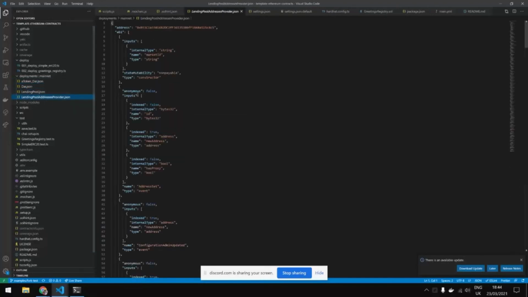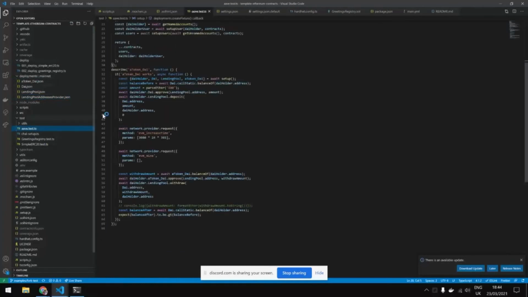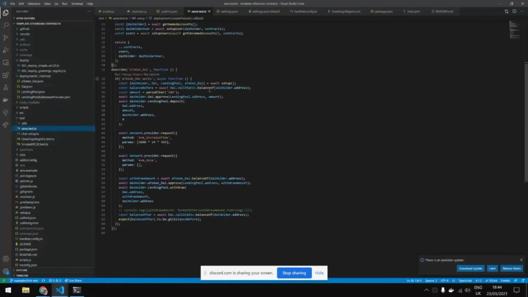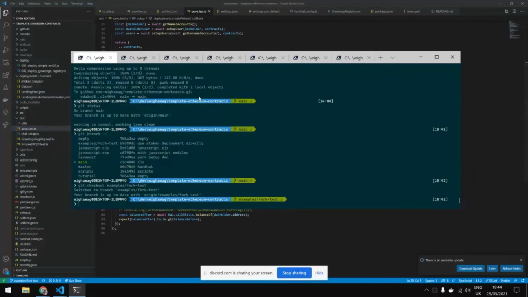DAI, lending pool. Some of them actually are not needed in the test, but then the test can simply access them. And if you look at it, it's inside the deployment mainnet folder because these are the mainnet addresses. And then when I execute the test, this template contains a feature that actually calls RDADeploy with some special argument.